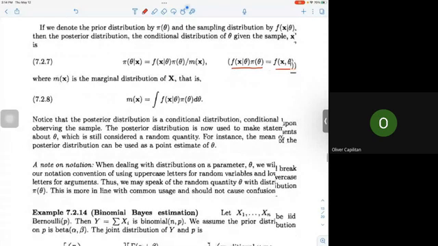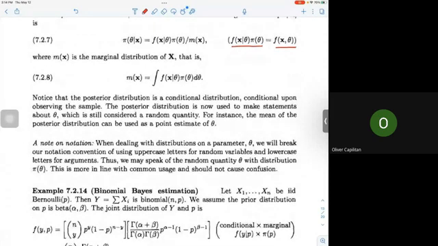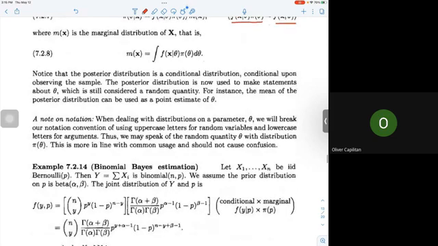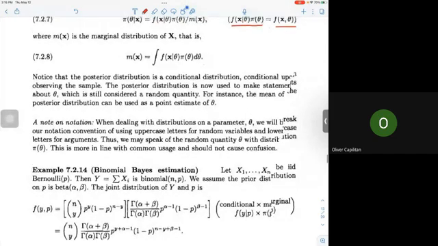We have here a note on notation when dealing with distributions on the parameter theta. We will break our notation convention of using uppercase letters for random variables and lowercase letters for arguments. Thus, we may speak of a random quantity theta with distribution pi of theta, referring to the prior distribution. By the way, our example here is not actually an illustration of our steps above,